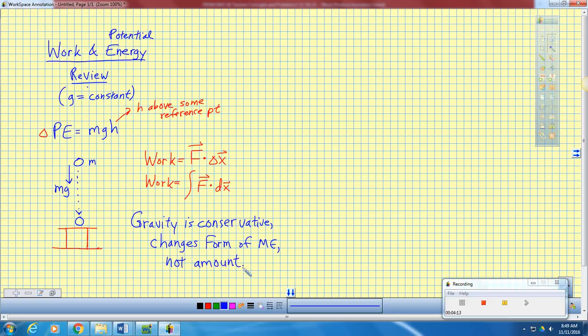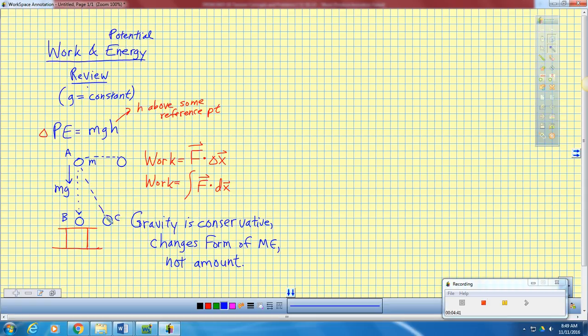Okay, tying this idea and this idea together, we could say that if I have this mass and I drop it this way, gravity does work along this path. If I have this object and I move it sideways this far, did gravity do any work on that object? No. If I take this object and I have it go from A to B versus A to C,